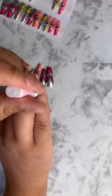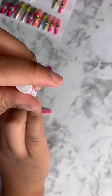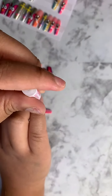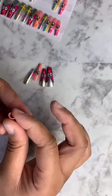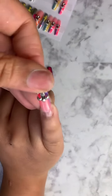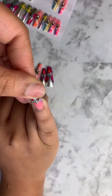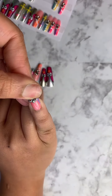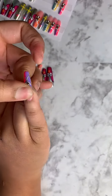Just make sure that the whole nail is covered. Don't leave any space without glue. So now we're gonna go ahead and put the nail on. As I put it on, I'm just gonna make sure to stick it right by the cuticle, and then I'm gonna press down. So I sticked it right by the cuticle and I press down. Now I'm gonna apply pressure. So go ahead and apply pressure right here